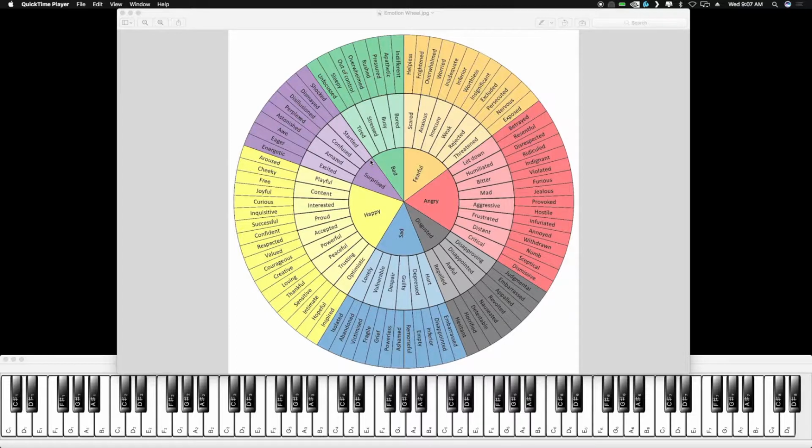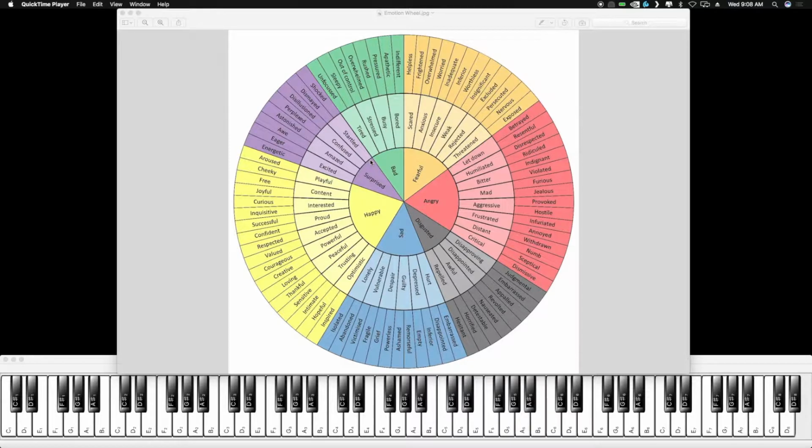Unless you really, really understand all of the synonyms and things that go along with some of these words that directors are describing, you're going to find yourself in a world of hurt, and you're going to find yourself with a lot of music coming back from the director saying, yeah, this is close, but not quite what we're looking for. It needs to be a little more happy, or a little more interested, or proud, or respected, or all these different words that you're like, how do I even write for this? What in the world are they talking about? So I'm going to try to bridge the gap between